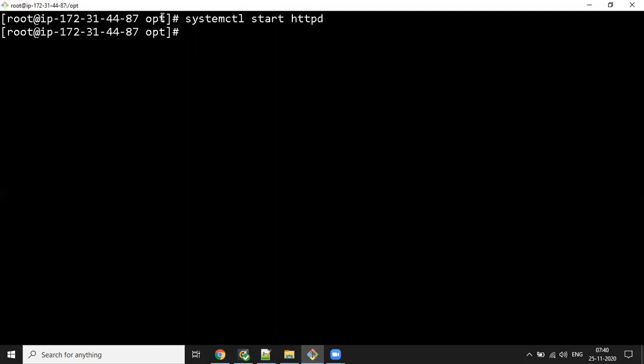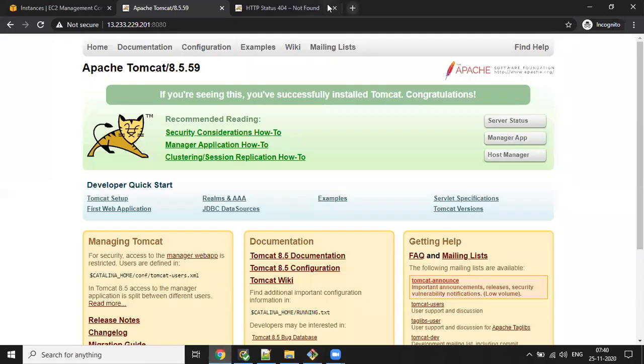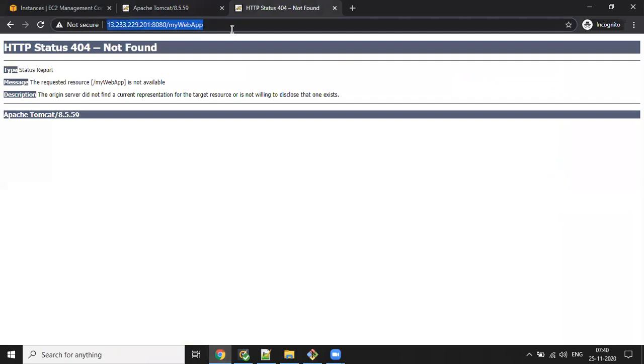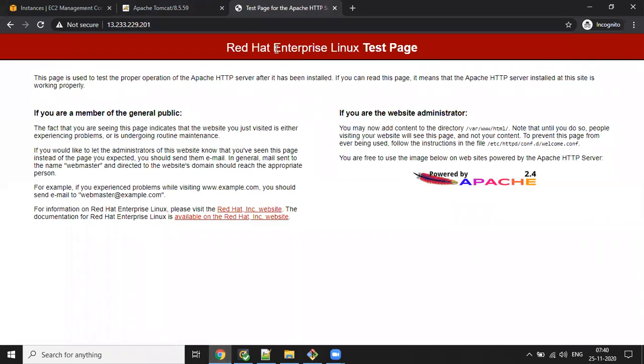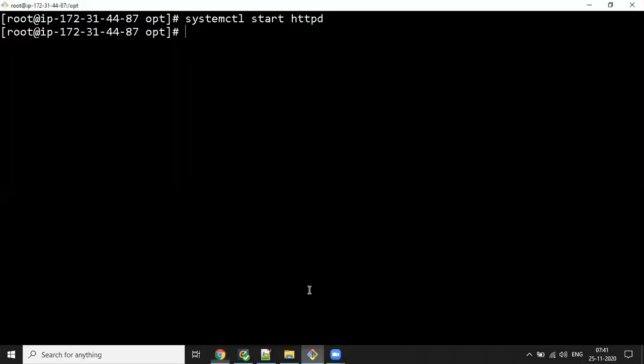By default, suppose you want to check the status of your HTTPD server, you can use port 80. See, Red Hat Enterprise Linux. That means the HTTP service is up and running. Now get inside the directory of your HTTP server service. cd.